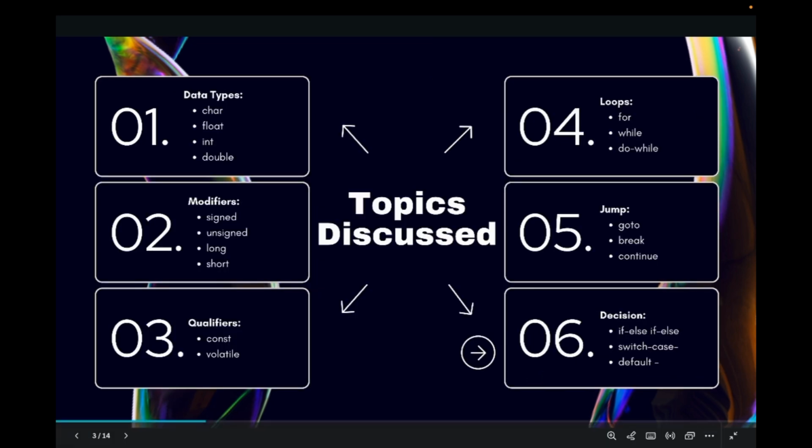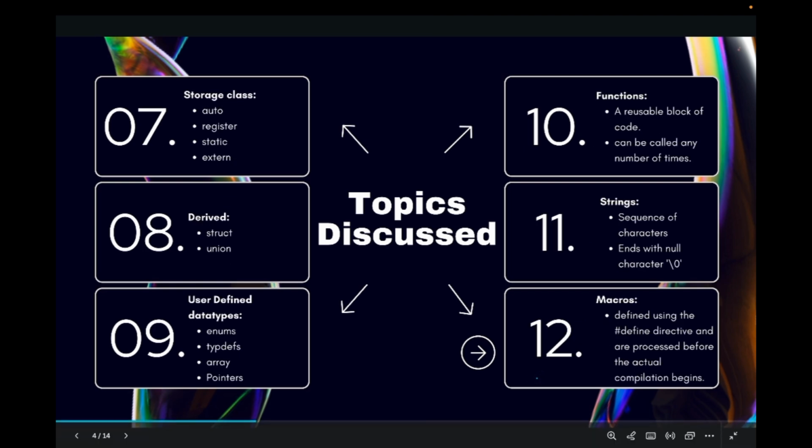The topics discussed in this internship were the data types: the characters, the boolean, the floats, the double, the integers, and not only data types, the modifiers, which may be signed or unsigned, the qualifiers, the consts, the volatiles, and the loops, which are very important while you're working with embedded systems because the timers and the loops are a crucial part of your project. And then jump, then decision, then storage classes like auto, register, static, extern, and derived structures